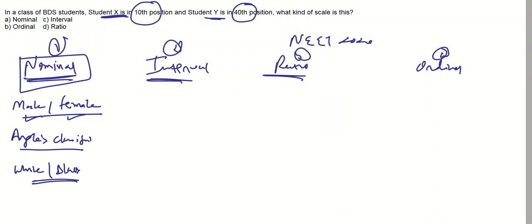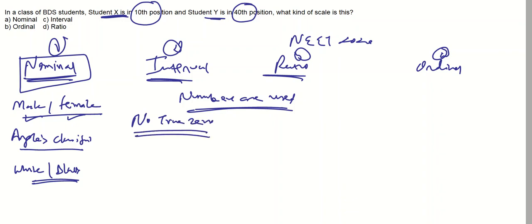Now both this interval and ratio scale are where numbers are used. Both the interval and ratio will use the number. Okay. And between each number there is an interval between them. So if you go from one point to another point, the measurement is there. But how is it different? How is interval scale different from a ratio scale? The interval scale is where there is no true 0 point.